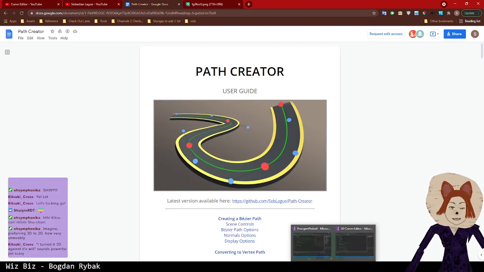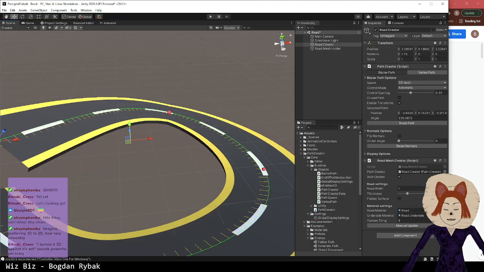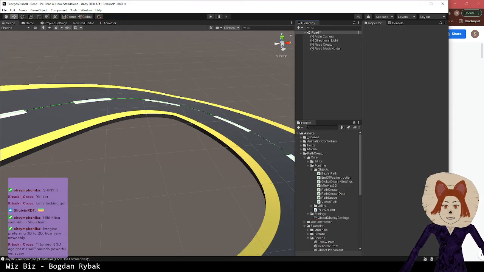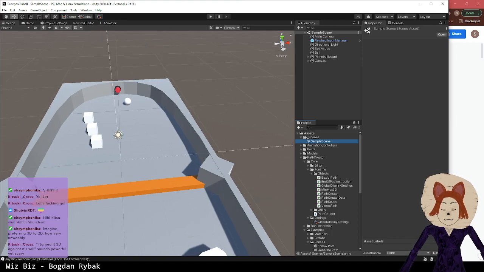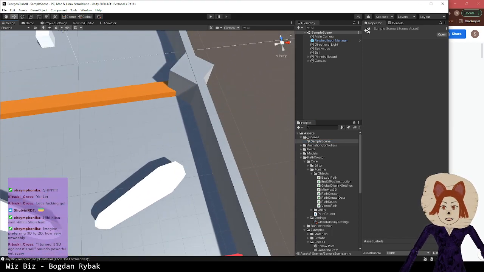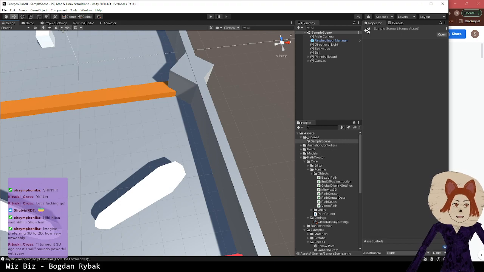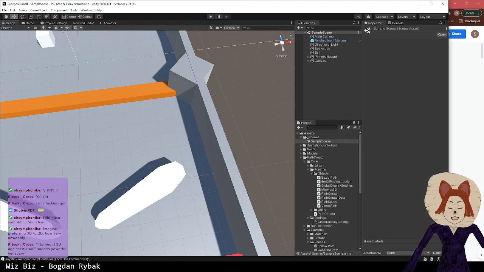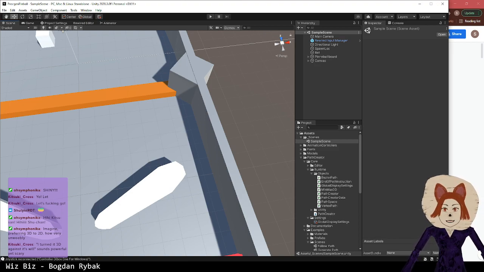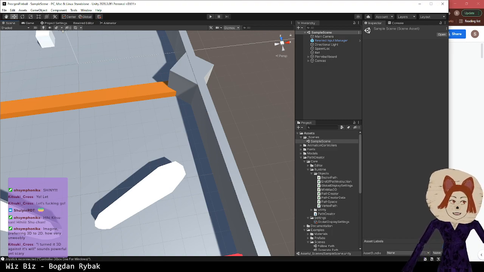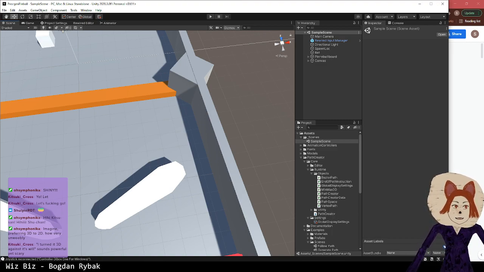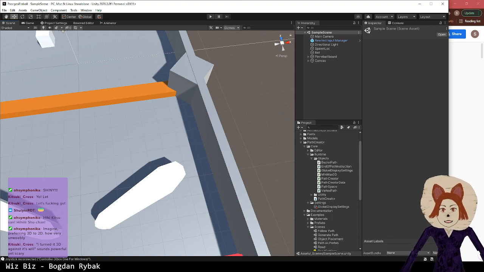Now, one thing I wanted for this project, where the hell is it? One thing I wanted for this project is just to put up walls. So, save this, go into scenes. Say I wanted to put a wall right here. The easiest way for me to do that would be to create a curve and then generate a wall vertically. And with the road creator, all I would have to do is swap the material out and that's fine. The walls are done. Literally, I don't have to do anything for the walls. That's amazing. The issue is